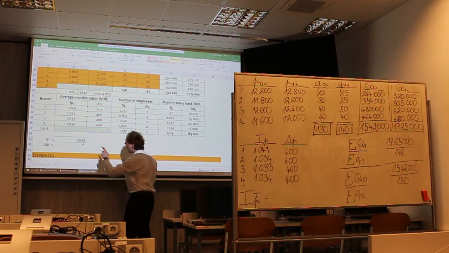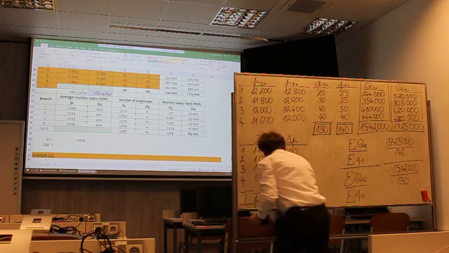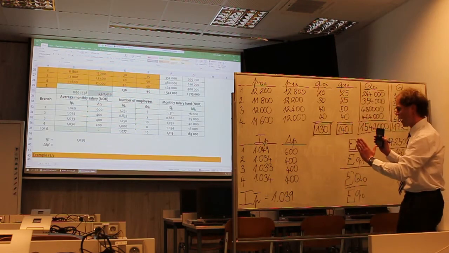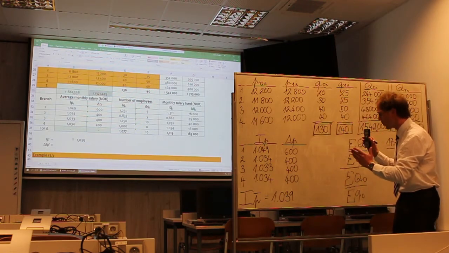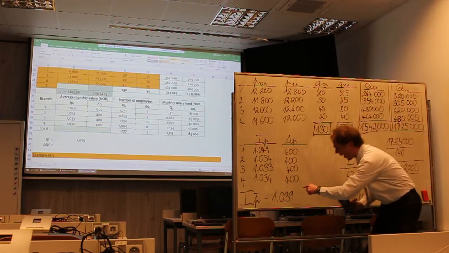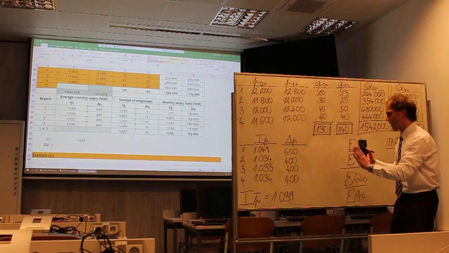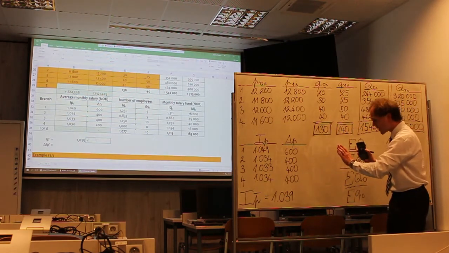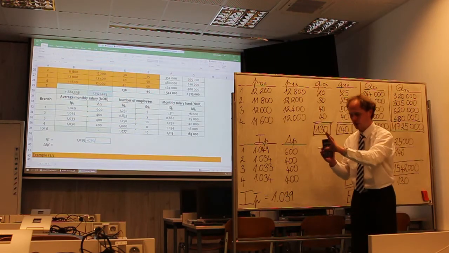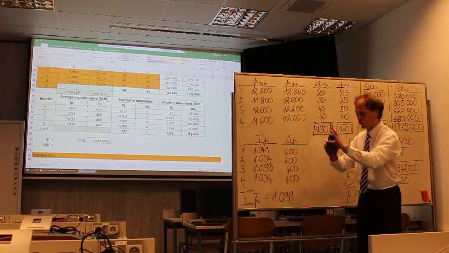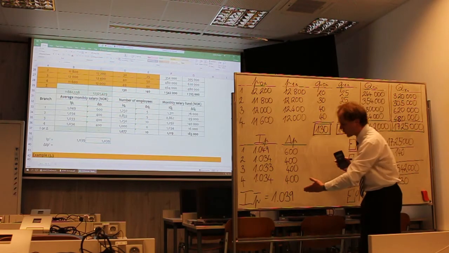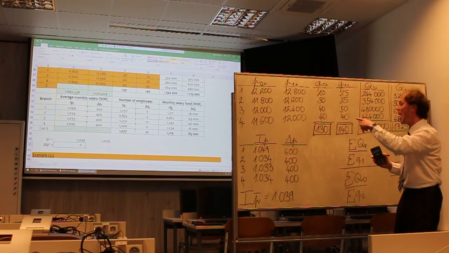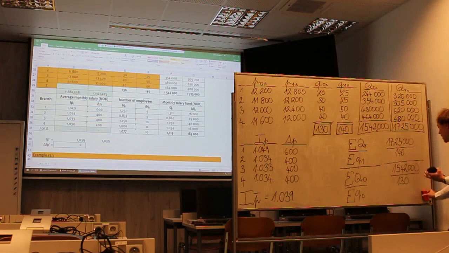So 1.039. Your wages in Baguetterie Boulevard increased by 3.9% between year 2010 and 2011. If you compare the base and current period, you increased wages in your company in total by 3.9%, and the absolute difference